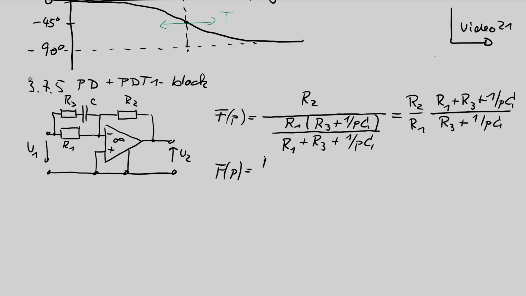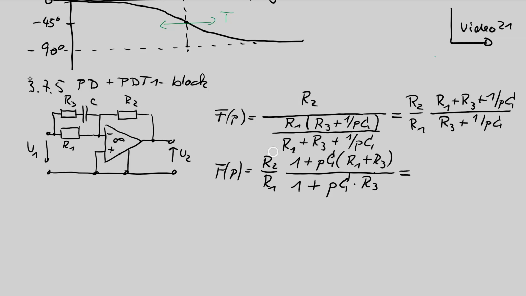Then we have the unchanged prefactor multiplied with 1 plus pC times the sum of R1 plus R3, and the denominator 1 plus pC times R3. Okay, you see,